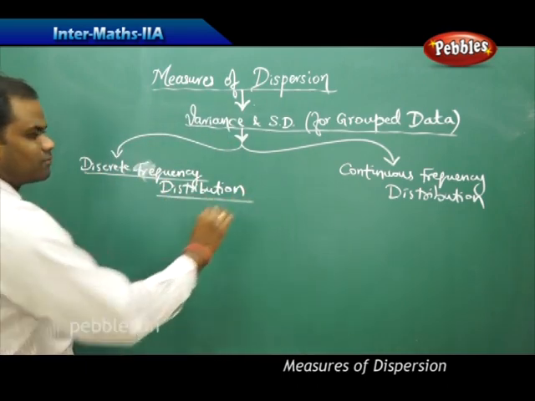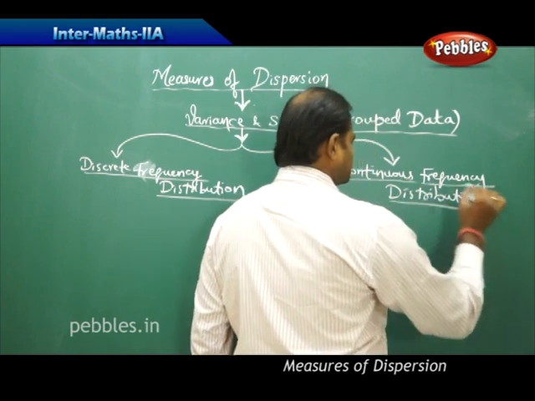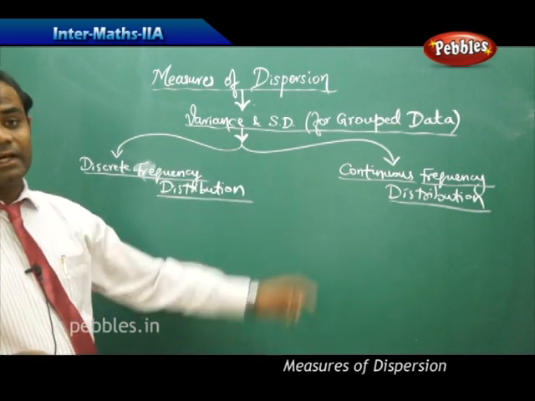One is the discrete frequency distribution and the other is the continuous frequency distribution, through which we define the variance and standard